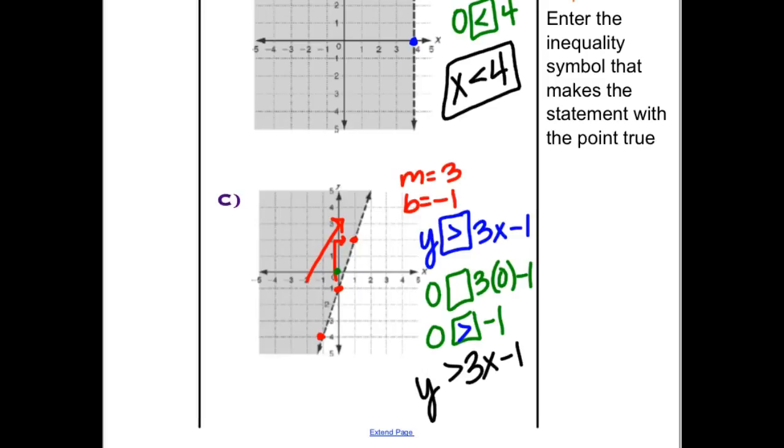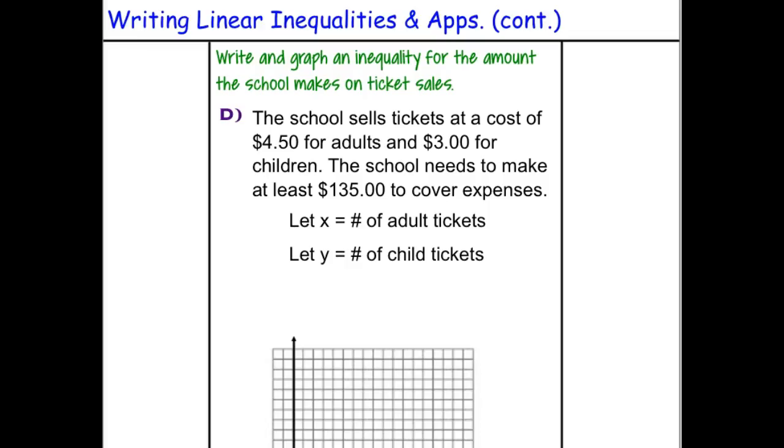Our next piece for today is going to be good old application problems. So we have to take this information and write and graph an inequality from the amount the school makes on ticket sales. So the question asks, the school sells tickets at a cost of $4.50 for adults and $3 for children. The school needs to make at least